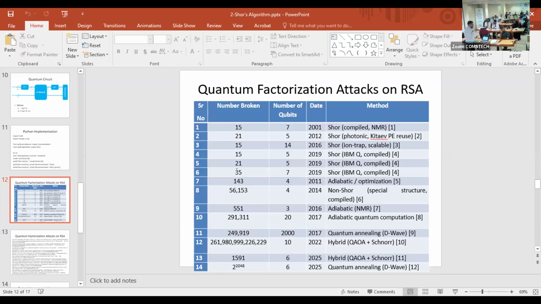Can you? Number 3. Number 3. Yeah, learning with errors. So we